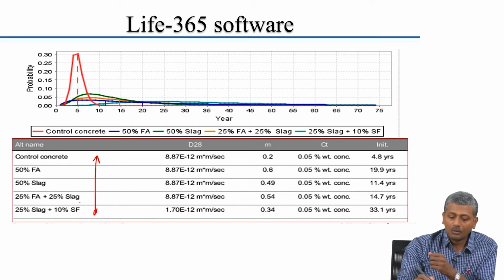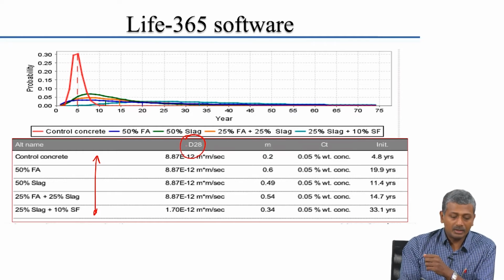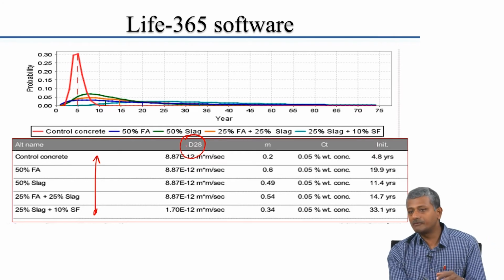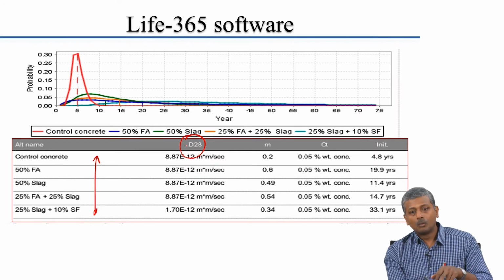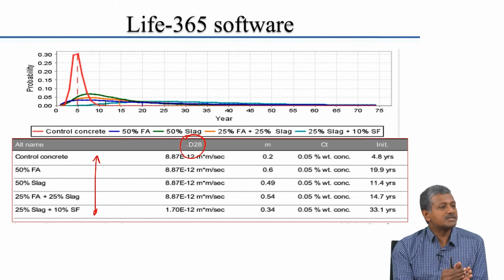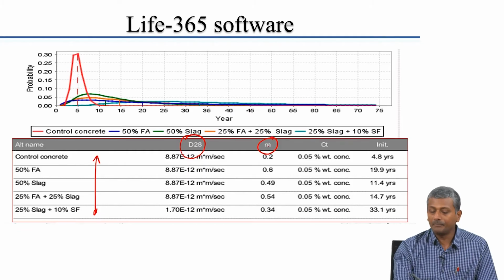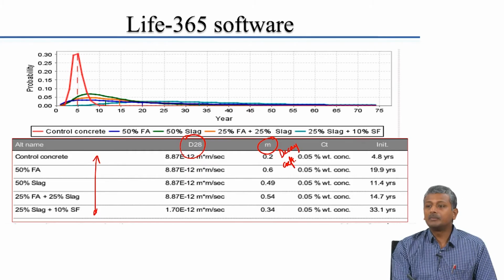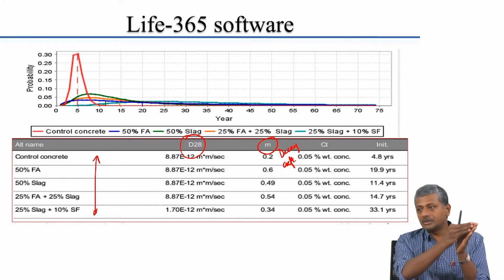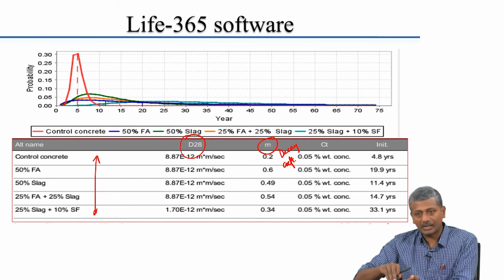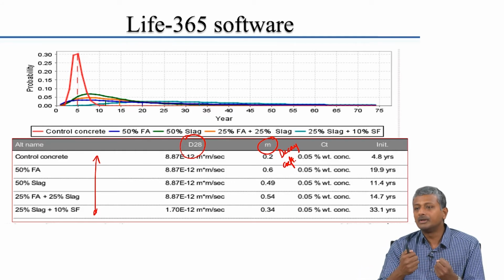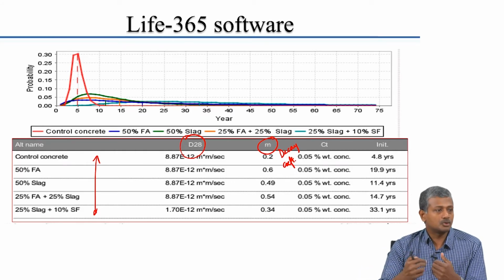change the binder, what gets affected is your diffusion coefficient D28. Now, please remember D28 is a diffusion coefficient at 28 days. What the software also does is convert this into a time dependent diffusion coefficient by using a factor called M, or the decay coefficient. The meaning of decay coefficient is it is trying to track how the diffusion coefficient will decay with respect to time, because concrete gets more and more dense and impermeable, the diffusion coefficient will keep on